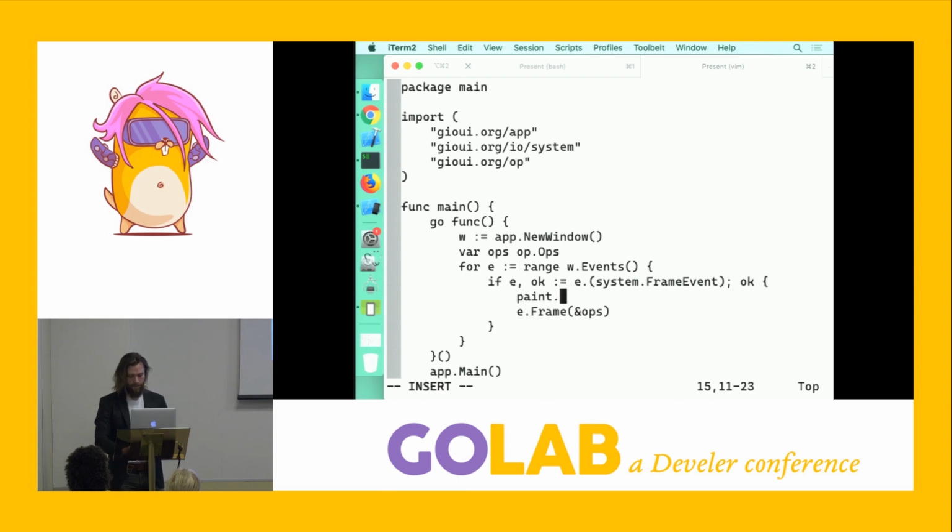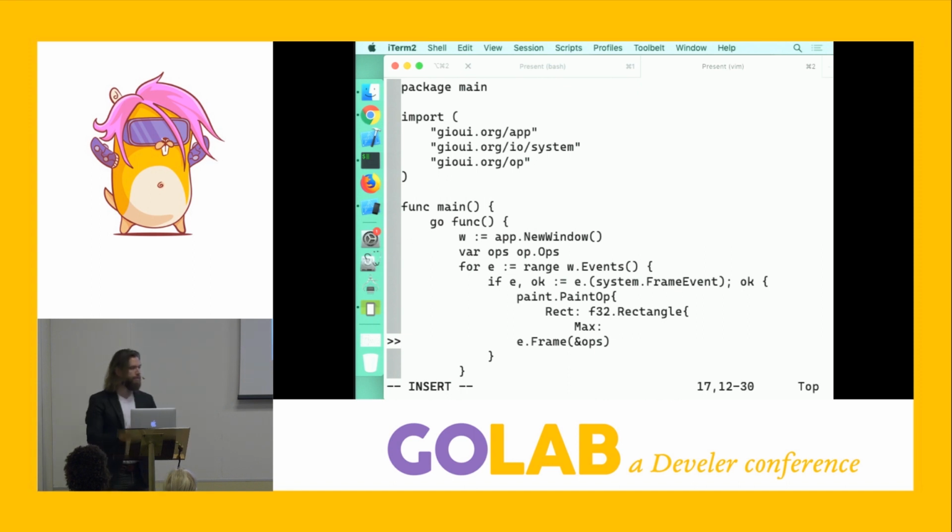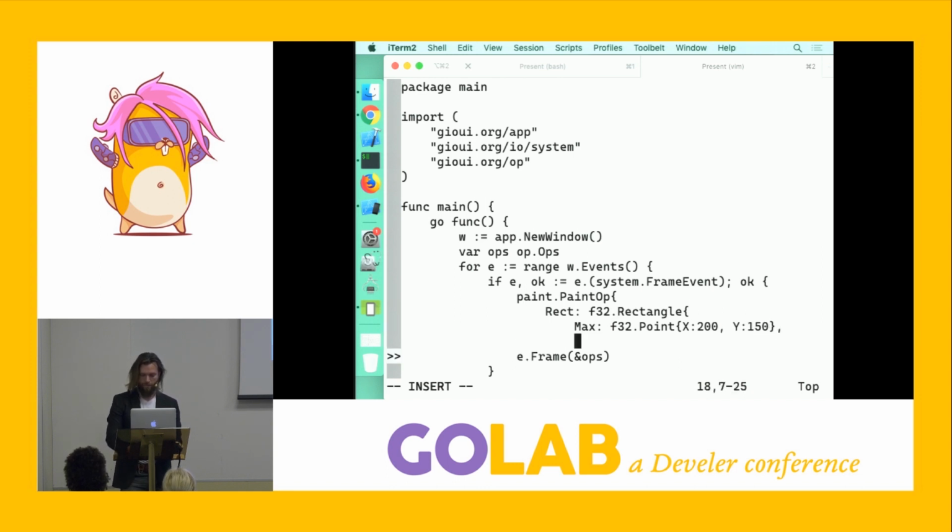So a very simple operation is just a paint op, which takes the rectangle where you're going to draw. And in our case, let's just have a rectangle that starts in 0,0, the upper left coordinate, and ends in, say, the screen resolution is low, let's just say 200 times perhaps 150. And finally, that operation is just a structure. This is a structure definition in Go,